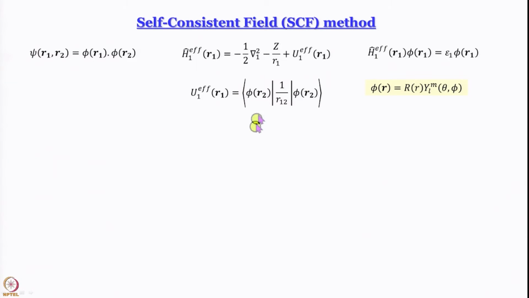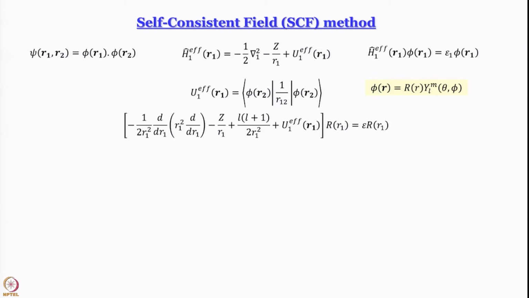I should actually write the Hamiltonian in terms of spherical polar coordinates also, and if you remember what we did in case of hydrogen atom, we rushed through 13 slides which we did not discuss, and that tells us how to generate the Hamiltonian in terms of r, theta and phi, and then we did separation of variables. So when you do all that, I am not going through the steps again, they are quite mundane and you do not have to remember the steps, you do not even have to remember the final answer, but I hope you will not have problems in believing me if I write that the equation that we